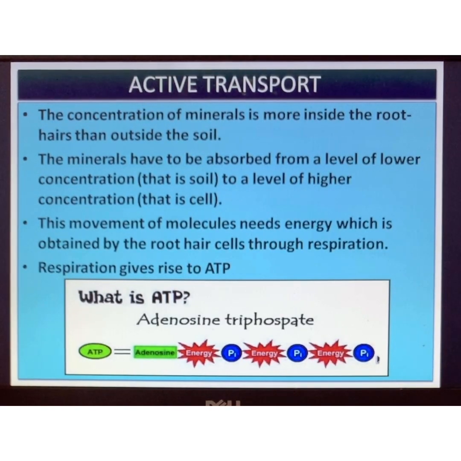In that, we saw diffusion and osmosis were very similar with little difference in them, and active transport was completely different. Why different? Because it was going against the concentration gradient, that is from a lower concentration to higher concentration. Whereas in osmosis and diffusion we have studied the movement of molecules is along the concentration gradient, that is from higher concentration to lower concentration.